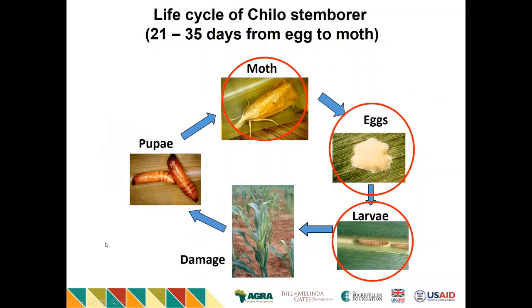Now, this is a slide that shows the life cycle of the stem borer that most farmers will also know. And it works exactly the same. The moth is attracted to the trap crop, the eggs are laid there, and when the worms come out, they cannot feed and survive on the trap crop. And that is a message that you should convey to farmers, to tell them that the trap crop suppresses the